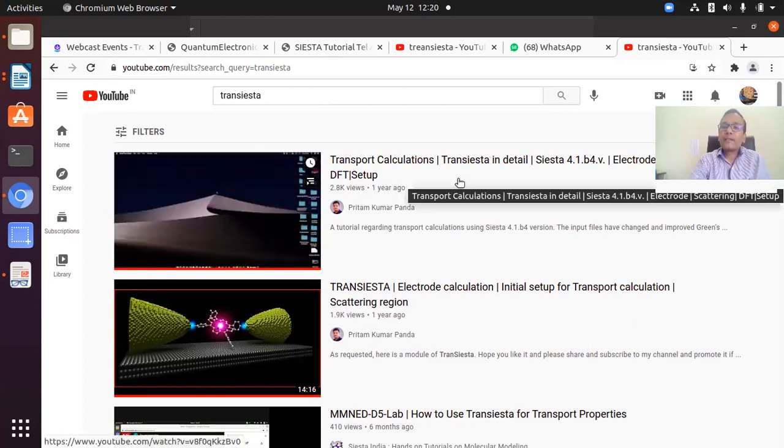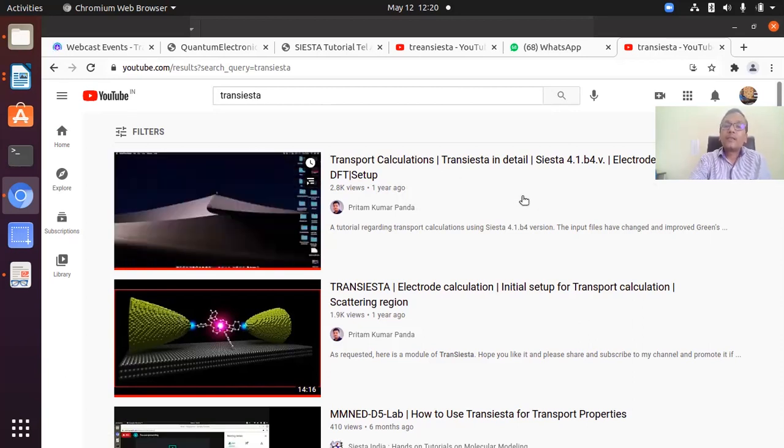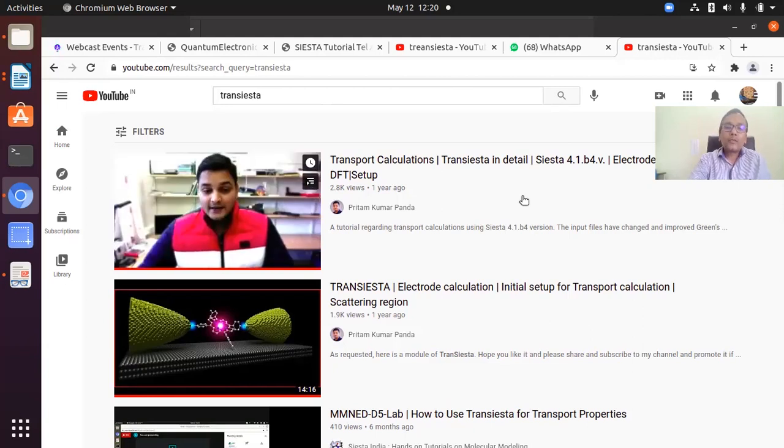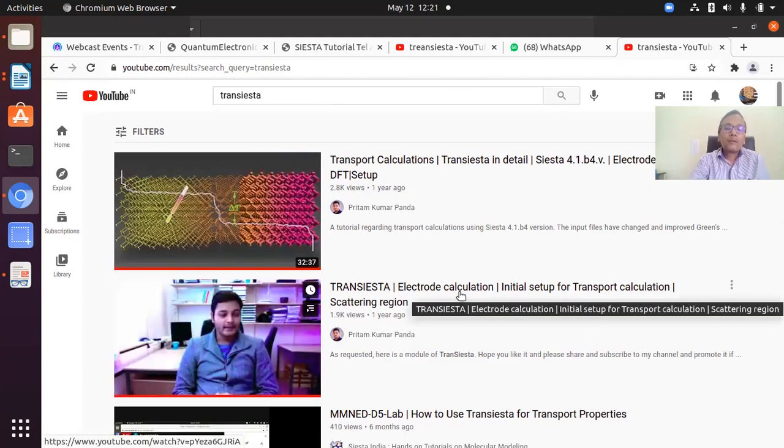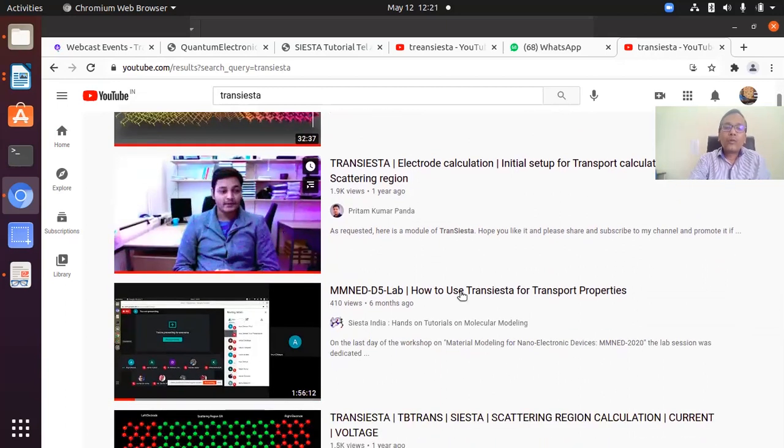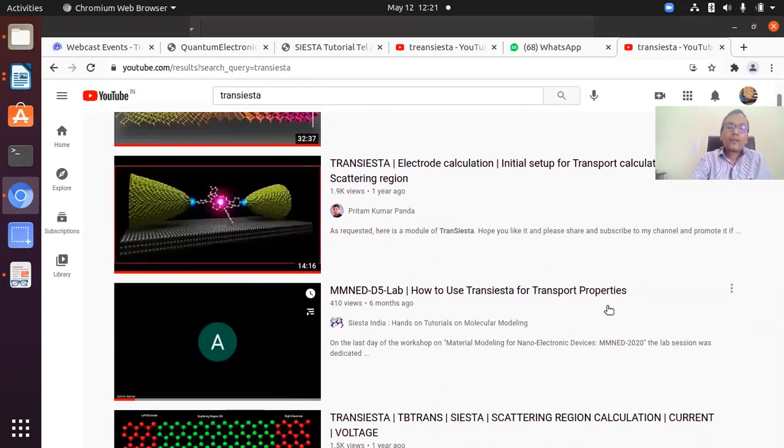He has started tutorials. Also, in one of my workshops, about six months ago, there was one lab work dedicated to this transistor, about 2.5 hours, dedicated to the transistor for the transport property.